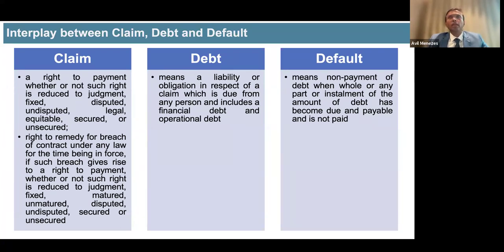So when you give an information memorandum or information to a resolution applicant or to a committee of creditors, you would say that this is a disputed claim, and being a disputed claim, I have only admitted it at a notional rupee of 1. That is the position that we give to a disputed claim. Of course, when a resolution applicant drafts a resolution plan, he appropriately words it so that there are no future surprises as far as he is concerned.